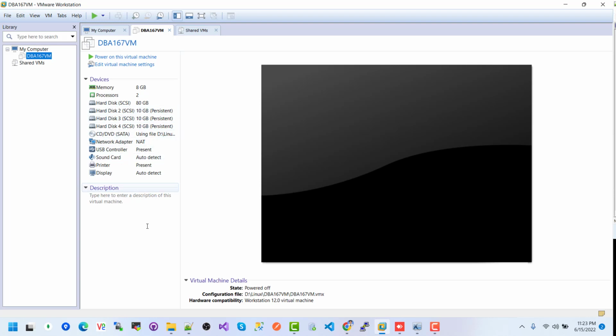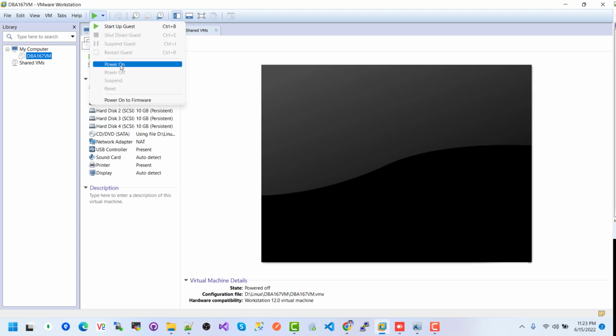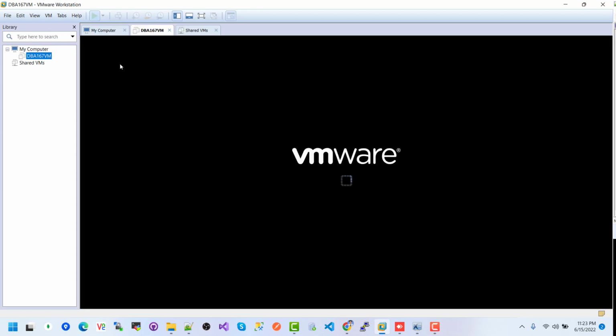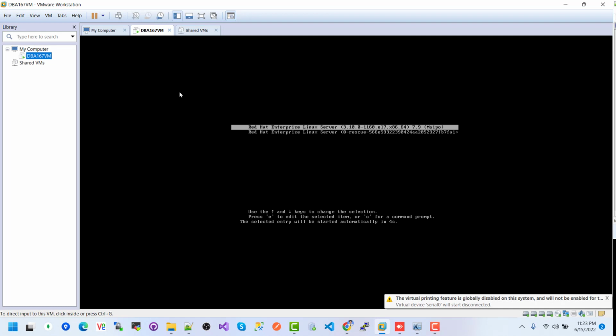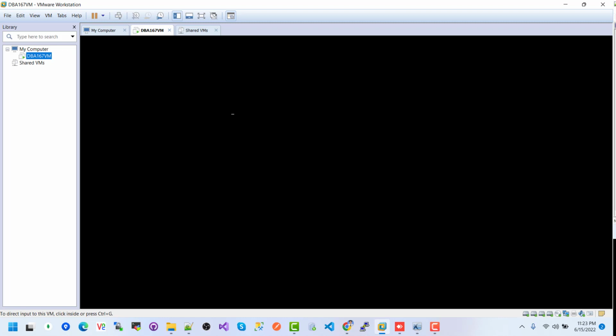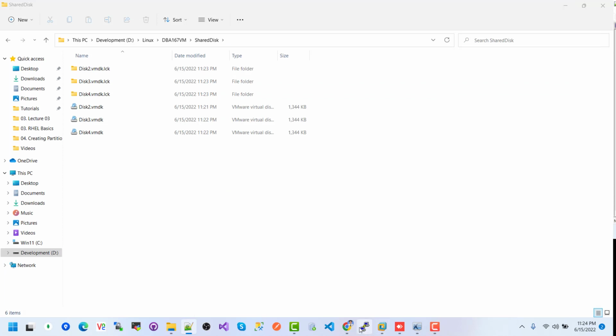so now we need to restart our machine, or power on our machine. Just click on it and power on. Okay, our VM is starting, our Red Hat Linux operating system is starting. Here it is. So now we will go back to